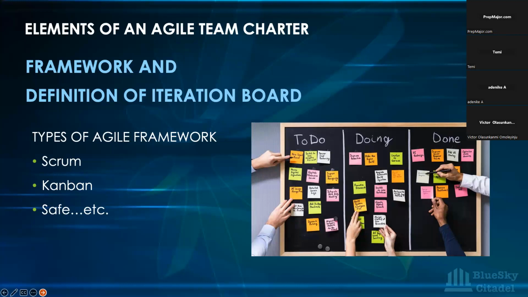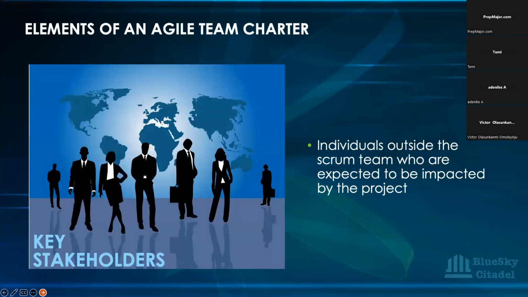And then key stakeholders: as a team, you have to identify individuals who are expected to be impacted by your project. According to the Scrum glossary on scrum.org, a stakeholder is a person external to the Scrum team with a specific interest in the project and has knowledge of the project that is required for incremental discovery. Stakeholders are sometimes represented by the product owner, but every member of the team should understand who these stakeholders are. So identify your stakeholders,